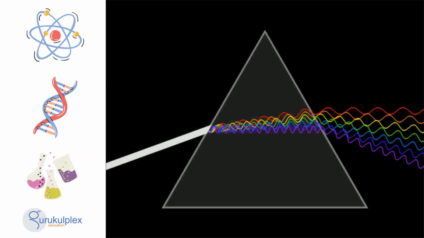The dispersion of light and its effect on photosynthesis. Light is the fundamental element in our universe, and it has the ability to disperse into its component colors. This phenomenon is known as the dispersion of light, and it has a direct impact on the process of photosynthesis. In this presentation, we will explore the causes of dispersion, the spectrum of light, rainbows, and the rate of photosynthesis as they relate to the dispersion of light.